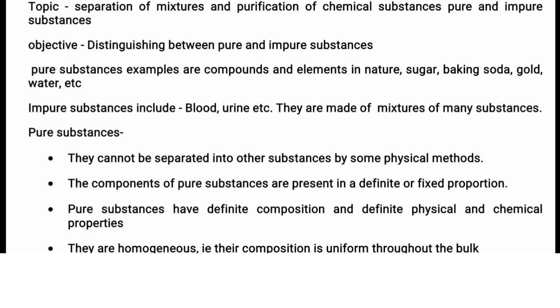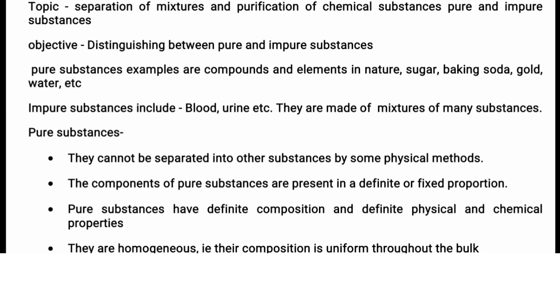So let's start. So the topic here is separation of mixtures and purification of chemical substances. Okay, pure and impure substances. So that is what we are looking at, pure and impure substances. So the objective under pure and impure substances is for us to distinguish between pure and impure substances. That's what chapter 1 is all about. Okay, so that's one part of chapter 1, distinguishing between pure and impure substances. I think I have shown you guys in the scheme. That's the syllabus they used. Okay, so you'll be going gradually.